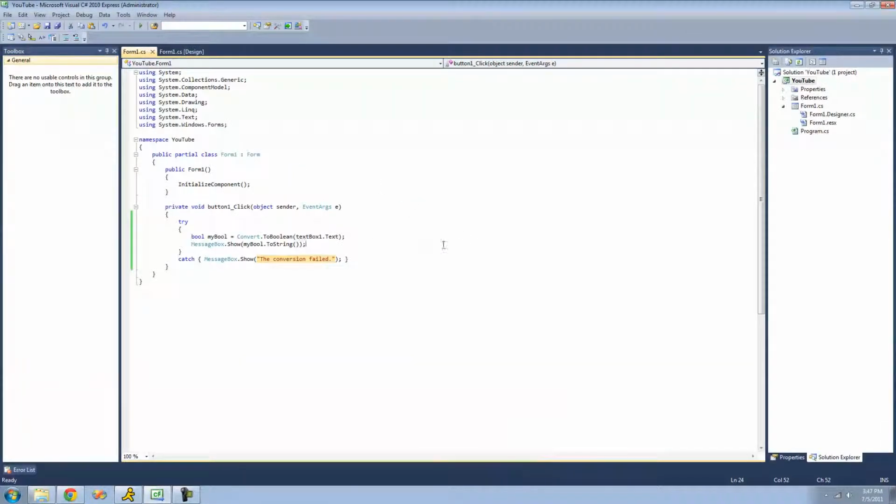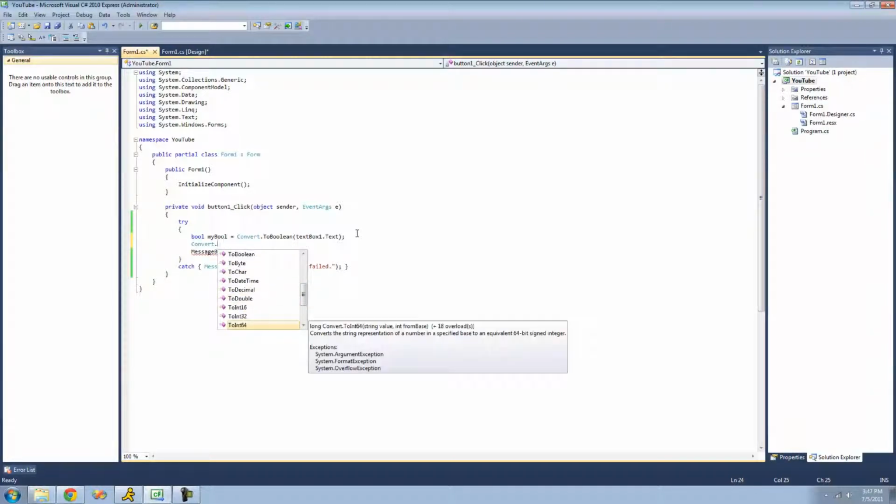So that's pretty much it for this tutorial on the convert class, but I didn't go over every single method inside of it because it's pretty self-explanatory. Like you just do convert dot and then whatever you want to convert it to. If you wanted to convert it to an int64, then you just set it equal to